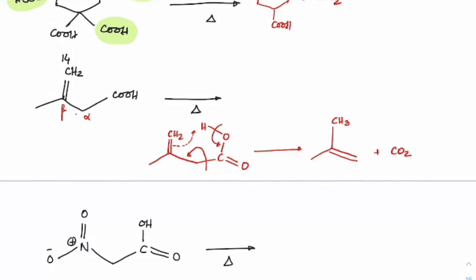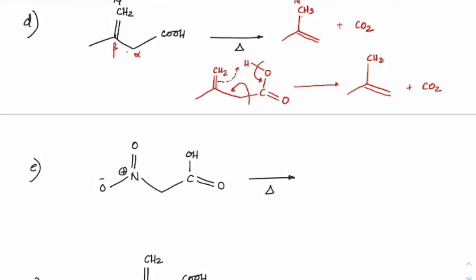And if this top carbon here, the double bonded carbon, is an isotopic one, then we will get a double bond here with CH3 and this will be carbon 14 plus carbon dioxide would be released. Those who are able to do, keep doing, okay? Don't wait for me, keep completing.